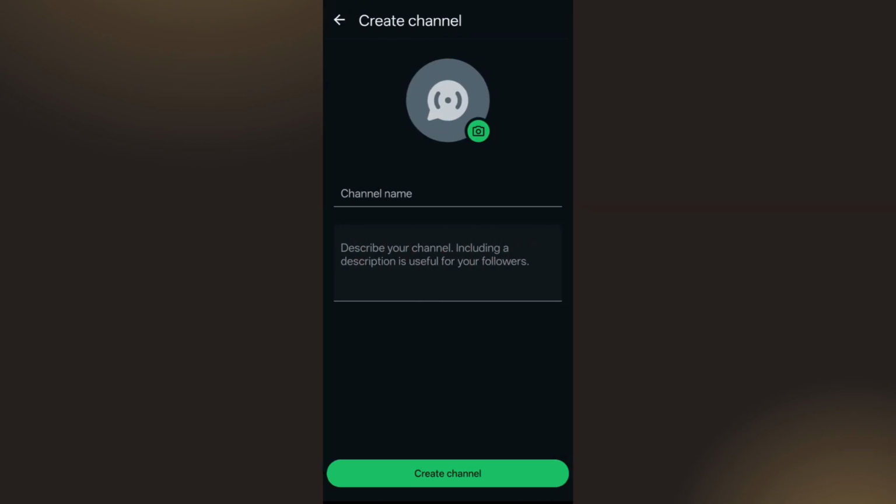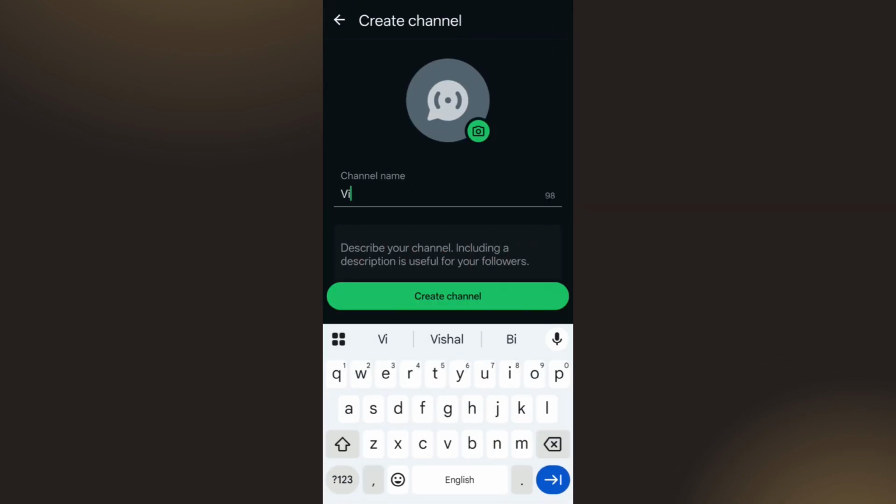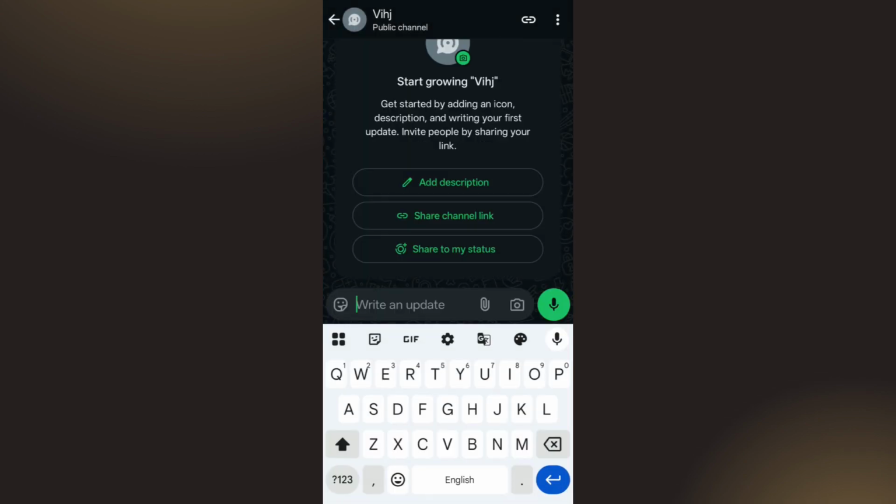Over here you need to agree to the terms and conditions and give your channel a name. After that you can also upload any photographs if you want to. Once you are done, simply click on the create option and there you go, you have successfully created your channel